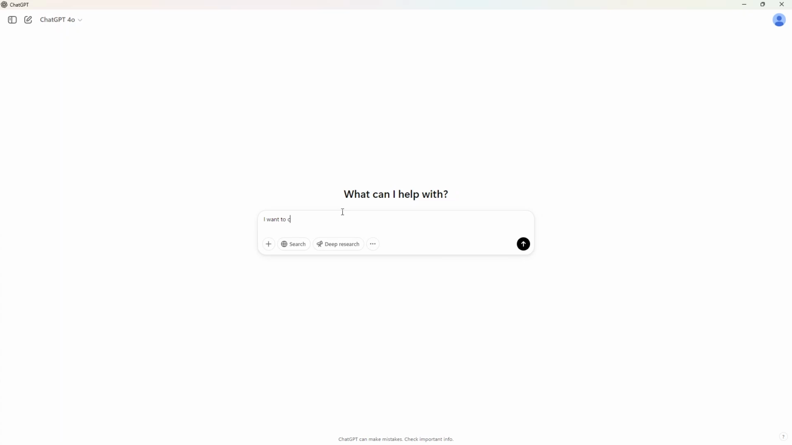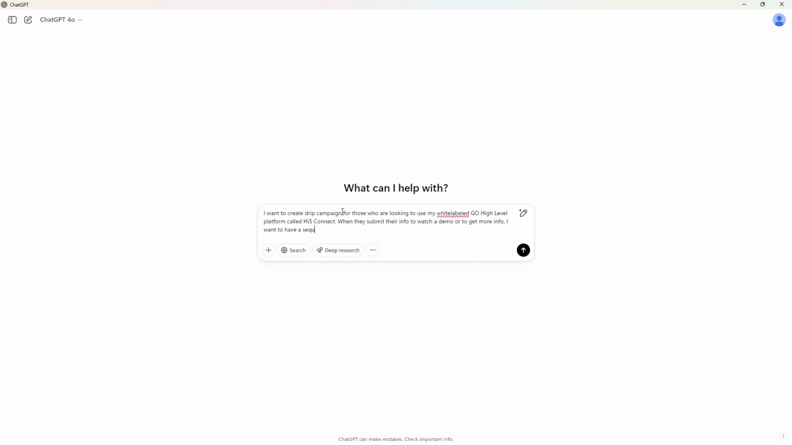So I want to create a drip campaign for those who are looking to use my white labeled GoHighLevel platform called High5 Connect. When they submit their info to watch a demo or to get more info, I want to have a sequence of touch points